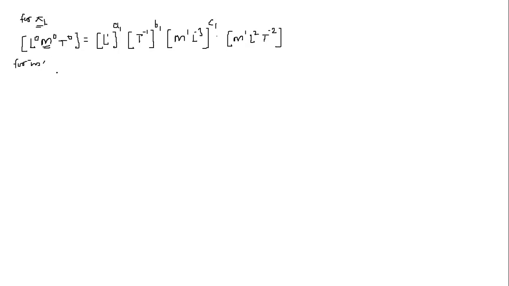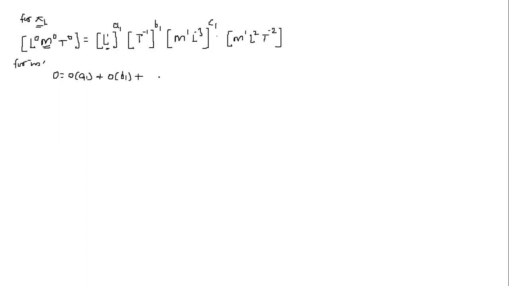So the left hand side is 0. In the first term, the dimension of mass is not there, there is only length. So what comes is 0 power, 0 into a1. Multiplying a1 gives 0, because the term m is not there. Similarly, now plus, in the second term, is m there? In the second term also m is not there. So the multiplying factor will be 0 and it will be b1, plus. Now for the c1, now the m is there with power 1.